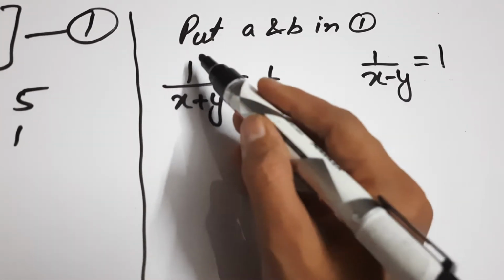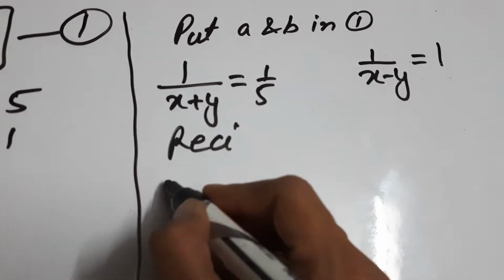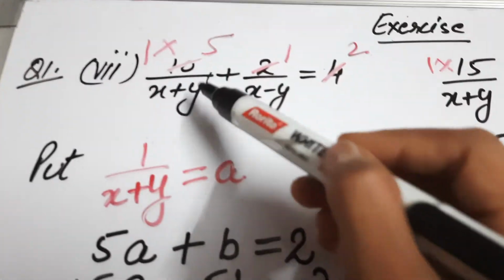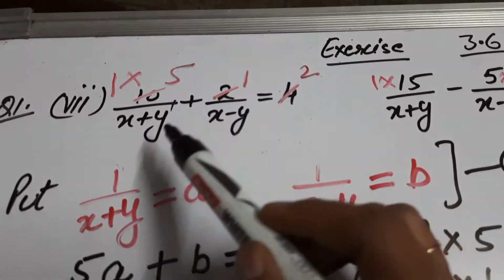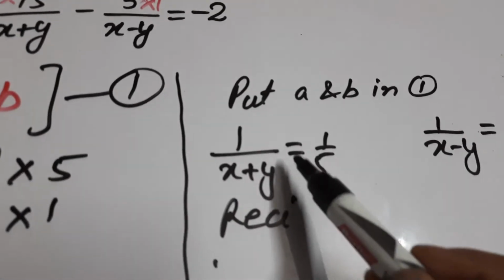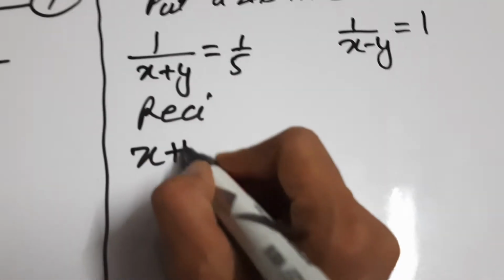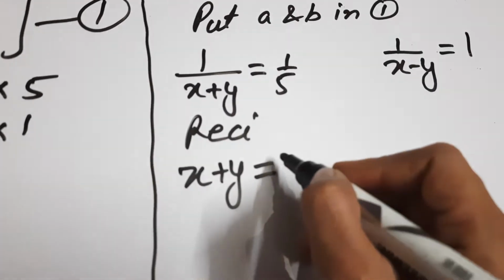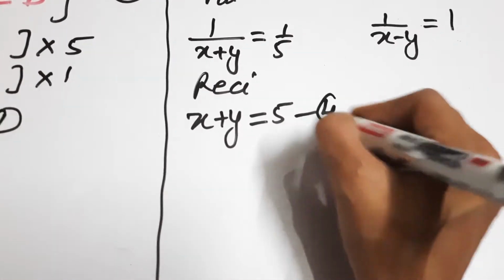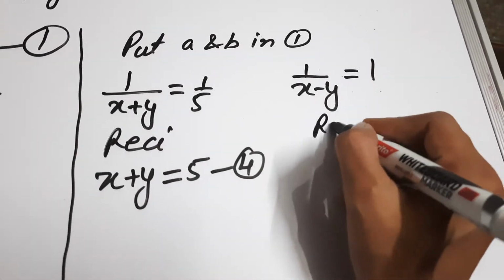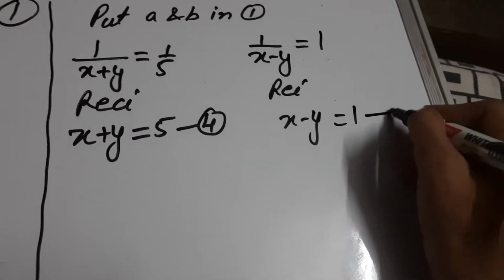So again the denominator, we will reciprocal it, we'll get the things in the numerator. Why we are not reciprocating here? Because this is not a single term, it is a combination of two terms. Here nothing is being added to this term, so that's why we are taking the reciprocal, because this question can come to your mind. So right hand side will also get reciprocated. You will get another equation. Let us mark it as fourth equation. And from here again, if we reciprocate it, we'll get x minus y is equal to 1 by 1 means 1. So this is fifth equation.